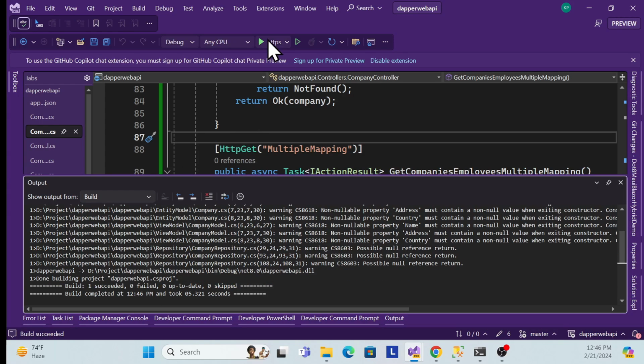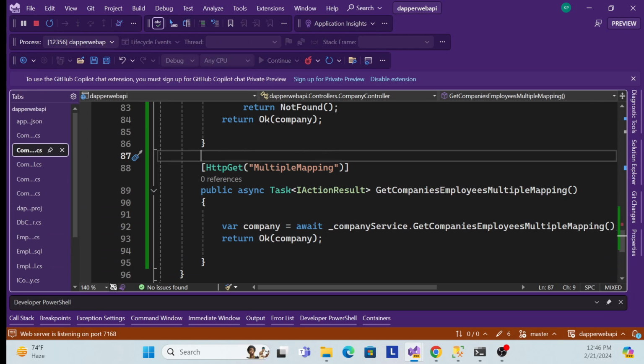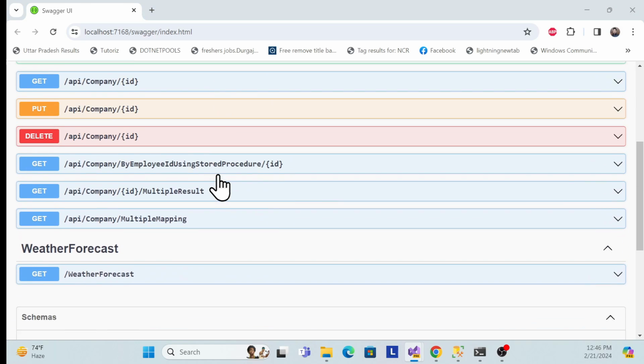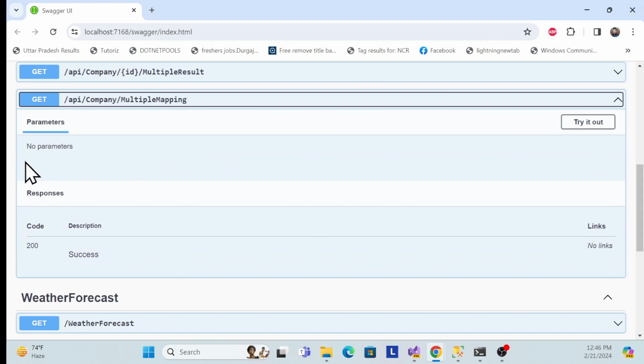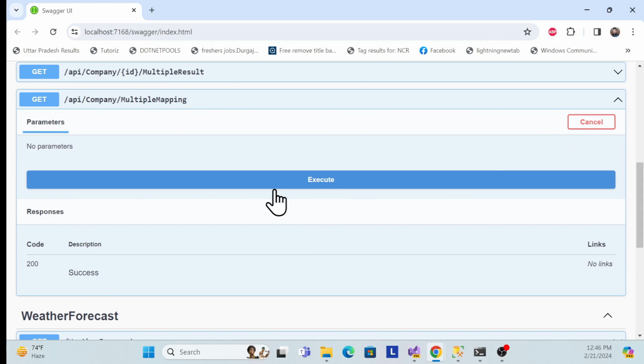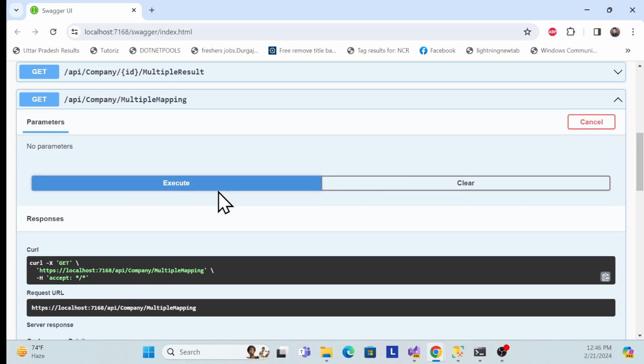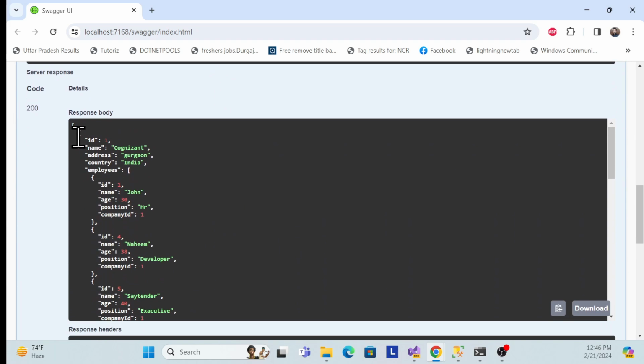So the build succeeded. Let me run it and go down here to the newly created endpoint we have for the multiple mapping. Simply, there is no parameter. Once I execute, you will get all the data: with company id 1 we have our